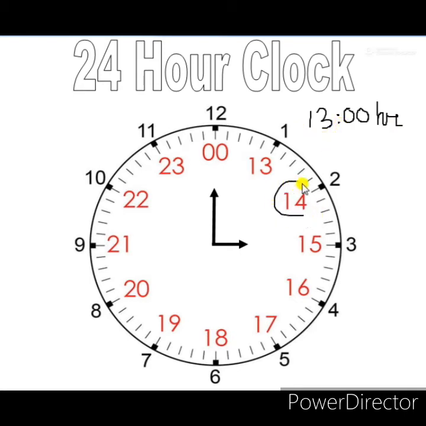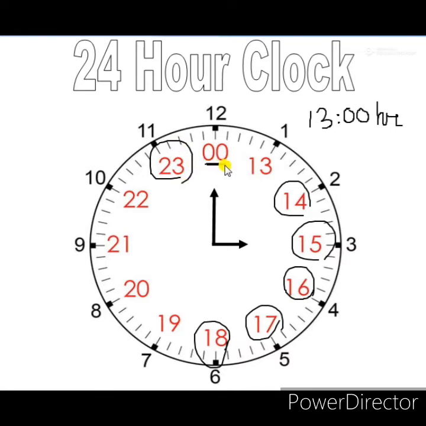And 3 o'clock in the afternoon is 15 hour. 4 o'clock is 16 hour. 5 o'clock is 17 hour. 6 o'clock is 18 hour, and so on. And the last 11 o'clock is 23 hour. And the last 12 o'clock, midnight, we can say is 24 hour, or otherwise 0 hour. We can use either way for midnight, 12 o'clock: 0 hour or 24 hour. This is the 24-hour clock.